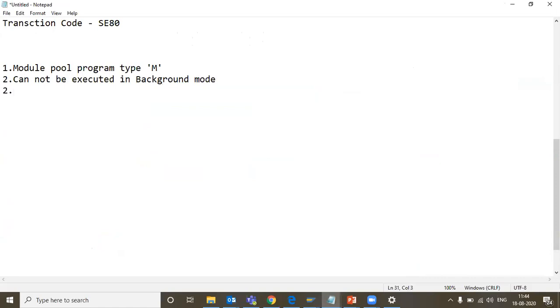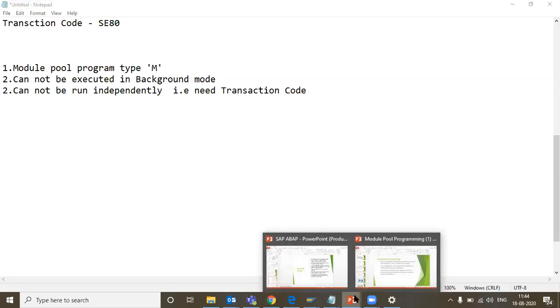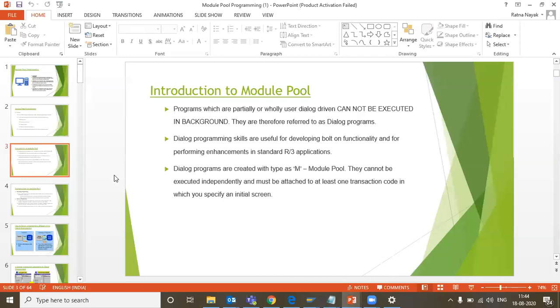Third, they cannot run independently; they need a transaction code. So in the same way, you cannot run them independently.